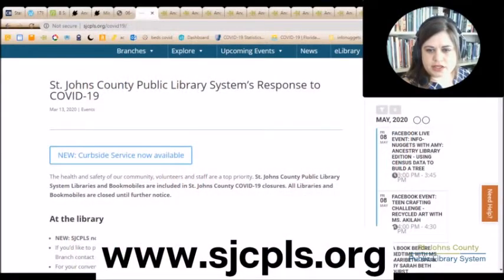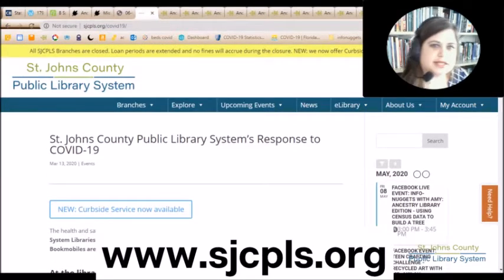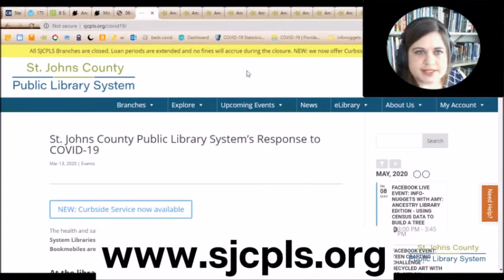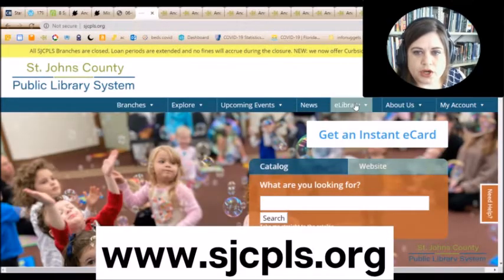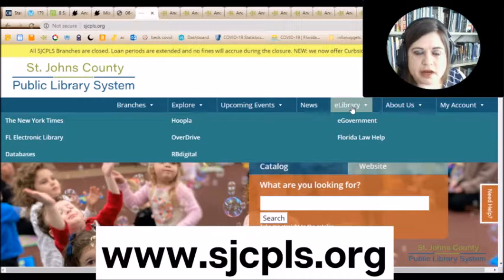Let me go ahead and switch to a different screen really quickly. And let's go to here. So let's talk about, first of all, how to get to the Ancestry Library Edition database. We're starting off here on our website, sjcpls.org. We're going over to eLibrary, hovering on that, clicking on databases,